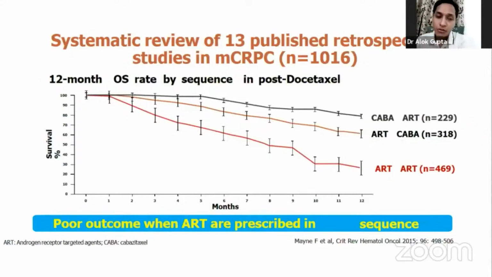So if we were to look at the entire journey of these patients, and especially those who have received docetaxel as their first line agent in CRPC, they should receive cabazitaxel and one of the agents, either abiraterone or enzalutamide, during their journey. And if we are able to achieve that, we would be able to ensure longer survival for our patients. Enzalutamide followed by abiraterone or abiraterone followed by enzalutamide should be avoided, as highlighted in the red curve here, as far as possible.